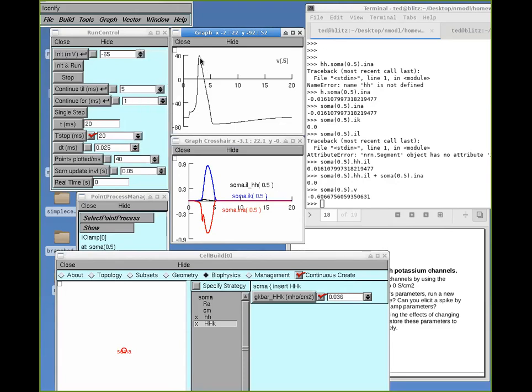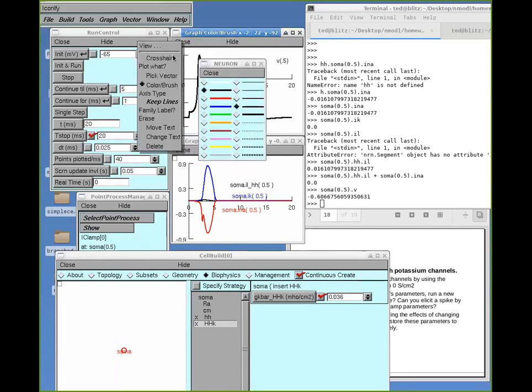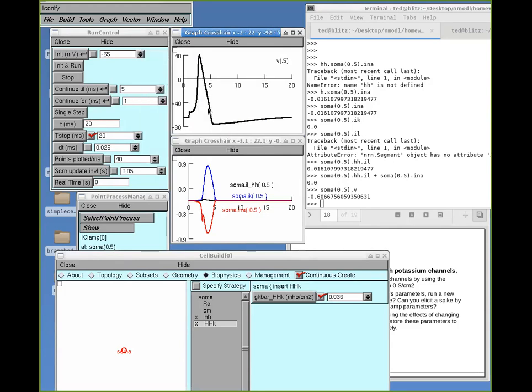And in fact, I want to make this be a very thick trace. Color brush. It'll be black and very thick. Okay. Back to crosshair. Okay, so there's our action potential, and there's our ionic currents using this